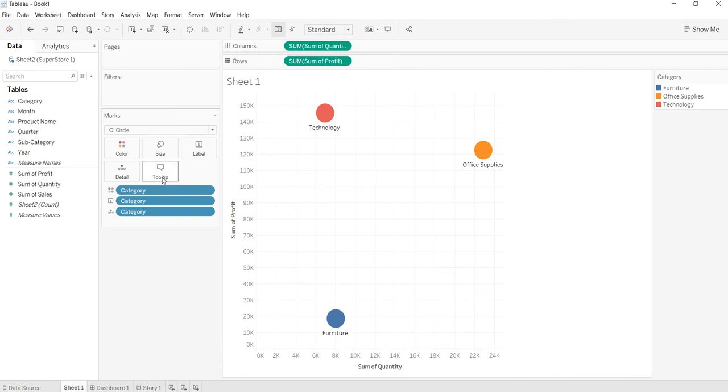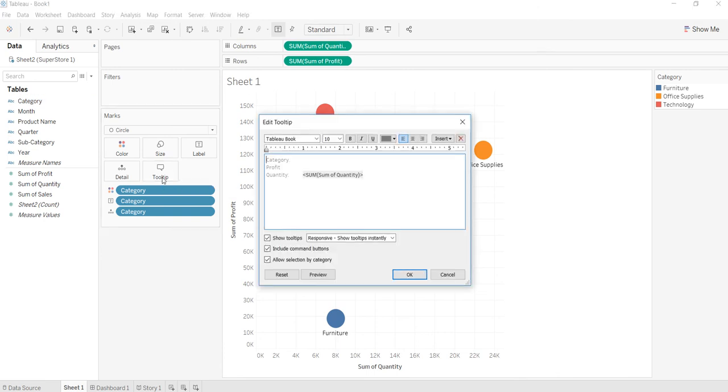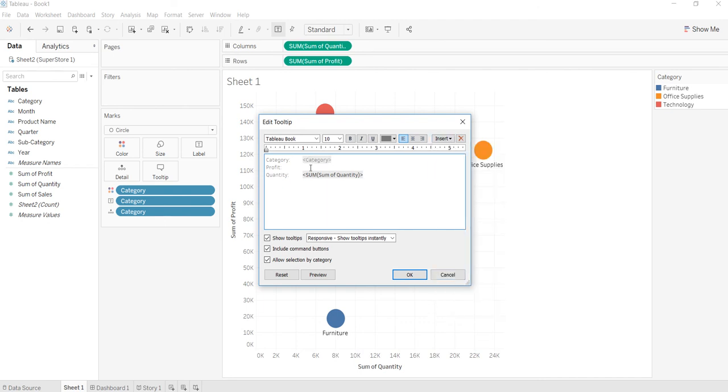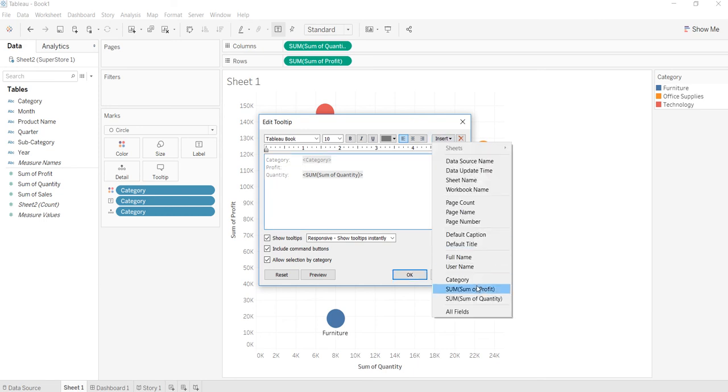Now if I click on this tooltip option, within tooltip currently I see that there is quantity, that is sum of quantity. Against category I don't see anything. I can go ahead and insert the category. And for profit I can again insert the sum of profit.